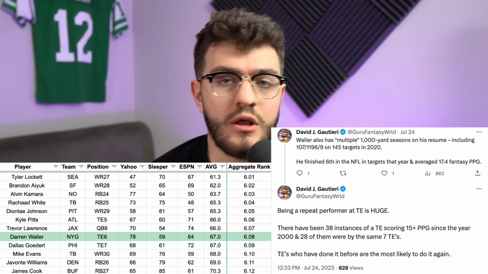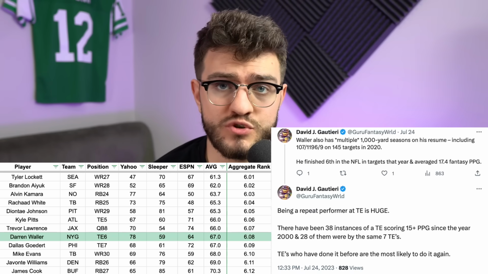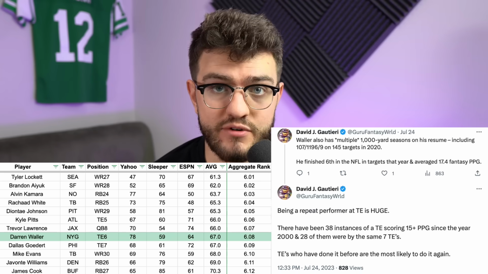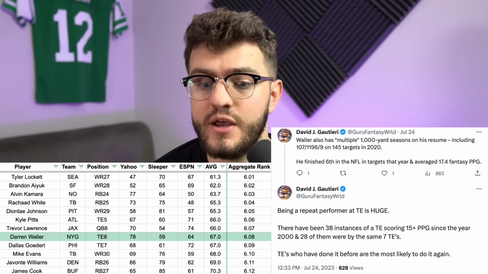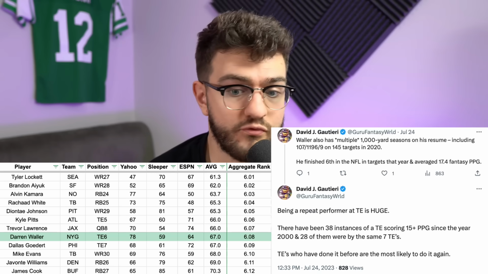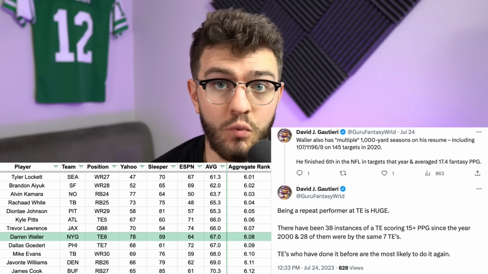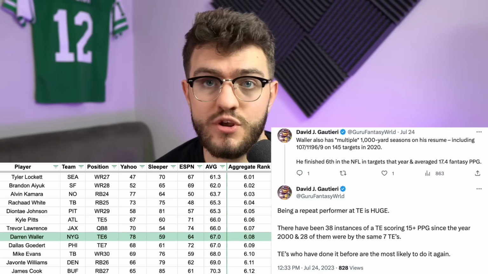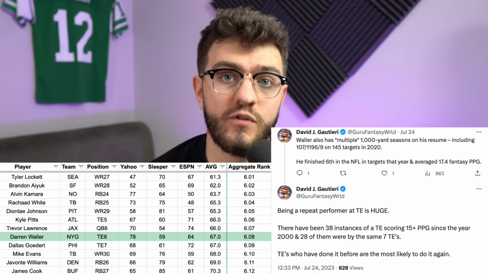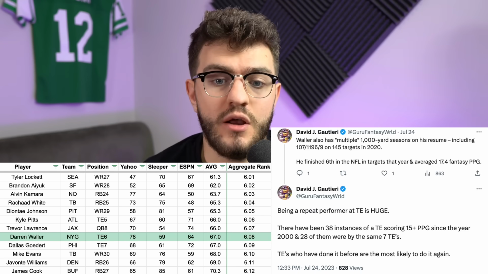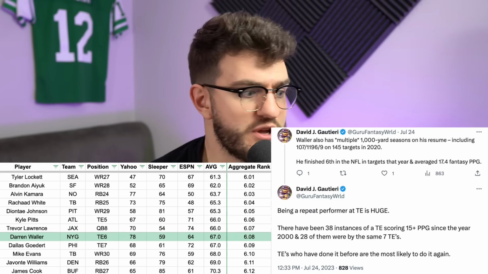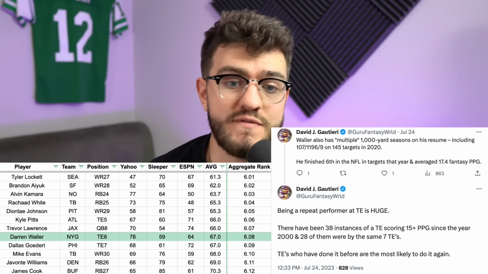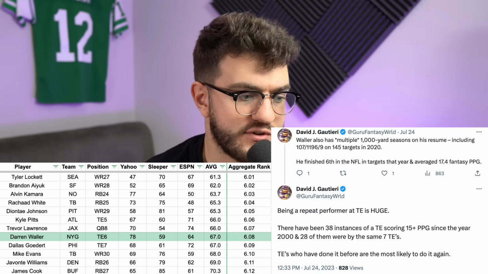He's drawing live to be the best receiver in that receiver room. The receiver room is weak. He is the biggest receiver they have. He's probably the best receiver they have. He's, in my eyes, drawing to finish as like the number 1 target, receptions, receiving yards, receiving touchdowns on the Giants. And we know that Brian Daboll is going to maximize all of the players he has on his offense. To me, Darren Waller is an absolute smash pick. He's been creeping up into the 5th round a lot of places. I think if he's still going in the 6th round of your home league, you have to take him there.